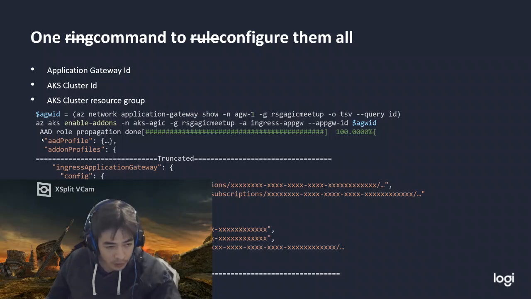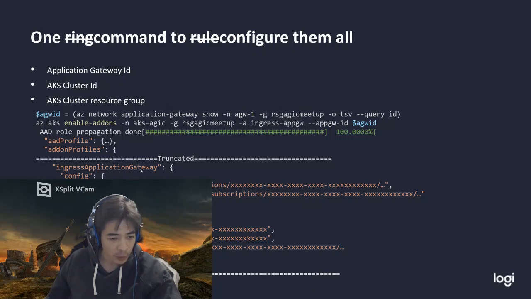As you can see, this is an extract of what happens when you do that on the command line. You will get some output in your console, the first line being an Azure Active Directory role propagation, which is nice because I will explain a few things afterward. And then we also have a few other things displayed there.